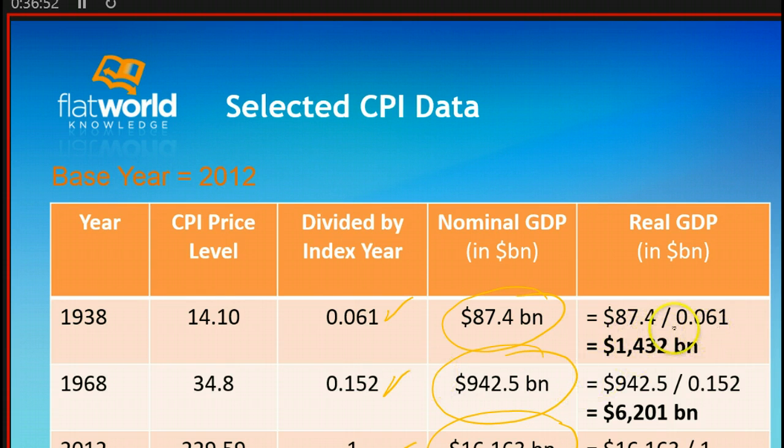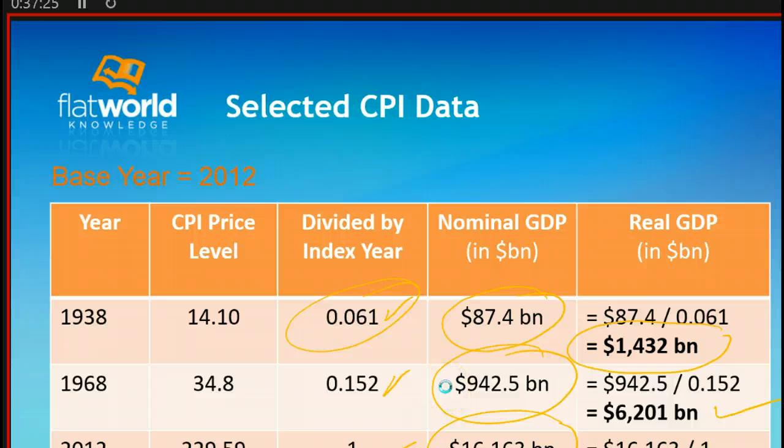I take that amount, I divide it by my answer from the previous slide, and I find out that in 2012 dollars, if I were comparing 1938's GDP to 2012's GDP in 2012 terms, 1938 had a GDP equivalent of $1.4 trillion. In 1968, it was the equivalent of $6.2 trillion, and in 2012, if I divide anything by 1, I come up with the same answer, so it was